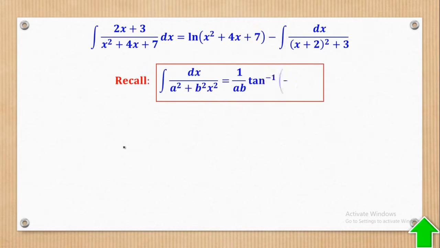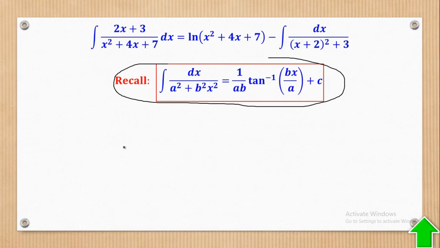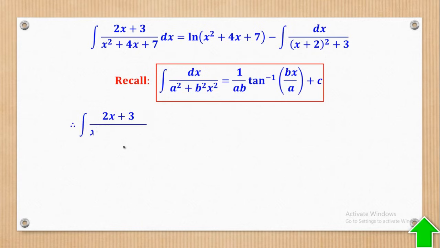Then from there, I will recall that the integral dx over a squared plus b squared x squared is equal to 1 over ab arctan of bx over a plus c. That is, this proof was also seen under the video of further integration. So I'm going to use it. If I use it, it implies that